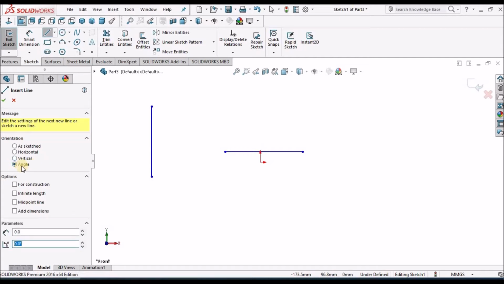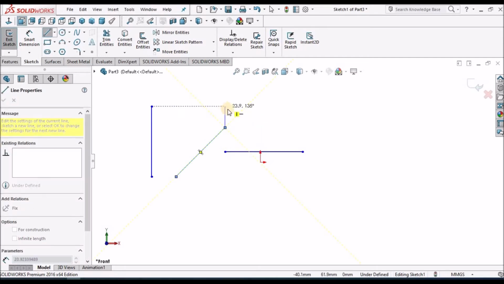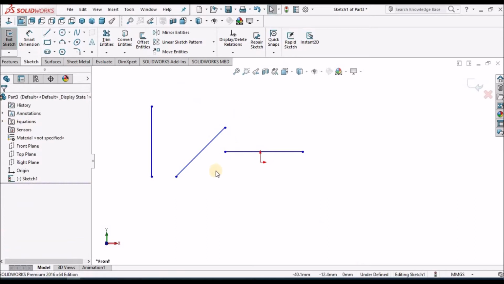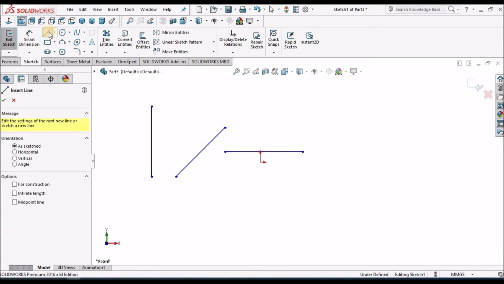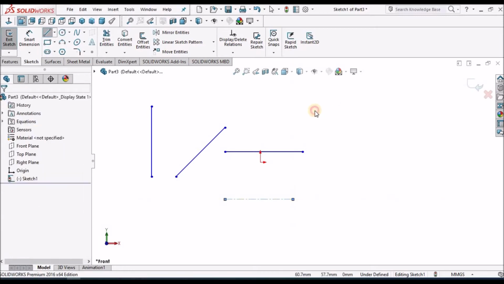And one more thing is line with incline, so we can give any angle to this. And we can make a construction line also, so this is how we can make it.